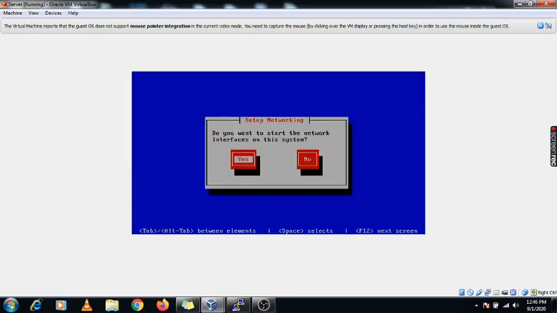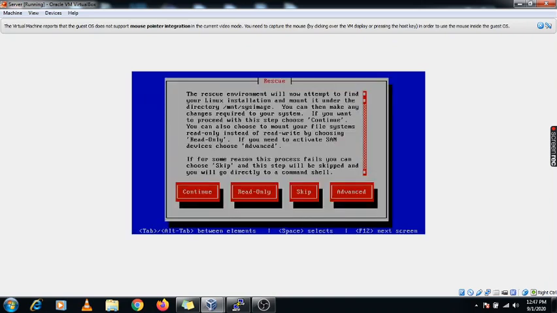Here it's asking for the network interfaces. We are not using any interfaces for this troubleshooting. Here it mentions /mnt/sysimage, where it will temporarily mount the root file system under it. So I'm clicking on Continue.